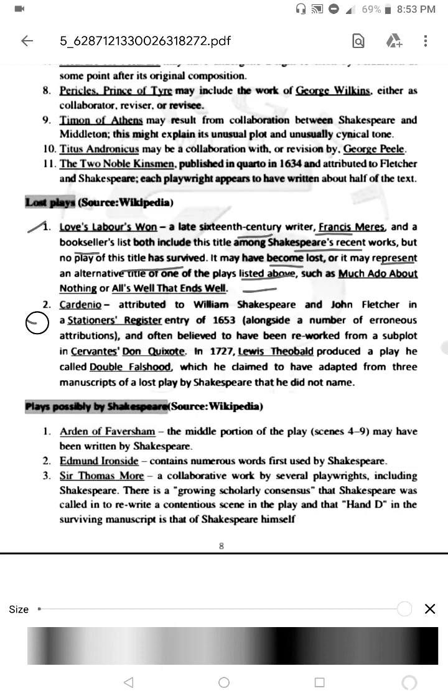ऐसे ही कार्डिनियो है, attributed to William Shakespeare and John Fletcher in a stationers' register entry in 1653, alongside a number of erroneous attributions and often believed to have been reworked from a subplot in Cervantes' Don Quixote. In 1727, Lewis Theobald published a play he called Double Falsehood, which he claimed to have adapted from three manuscripts of a lost play by William Shakespeare that he didn't name. कार्डिनियो भी एक वर्क है जो कि विलियम शेक्सपियर द्वारा लिखा गया था और इसके बारे में हमको जानकारी एक स्टेशनर्स रजिस्टर से मिलती है।